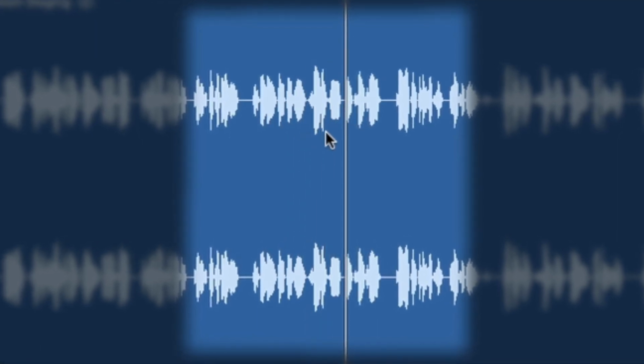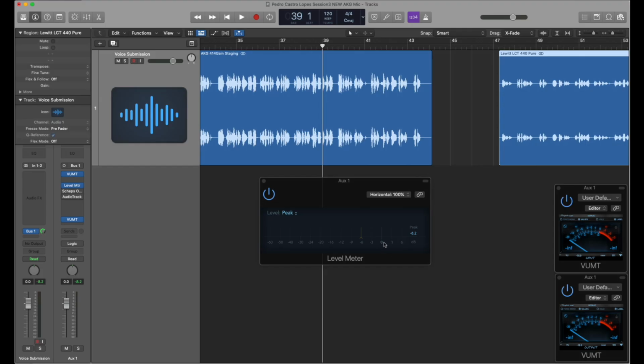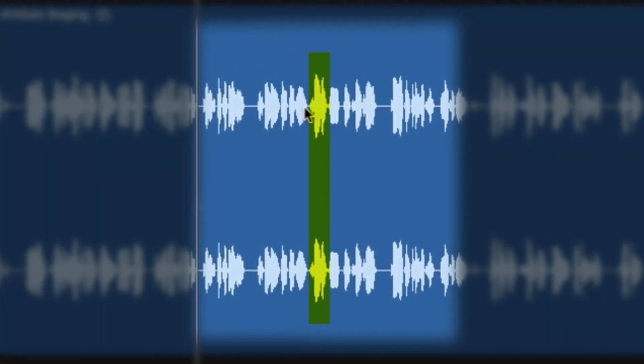When he says 414, I heard a little distortion. There's a little something going on, a little saturation, little distortion. Something is happening. And I know it's not the level that he sent me because he's in a great range. So I thought to myself, must be something else happening. I'll play it for you one more time, see if you can hear it this time at the 414 part